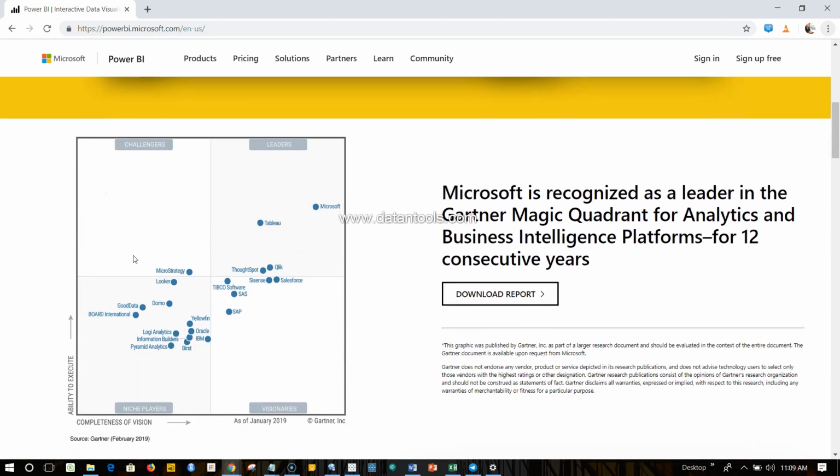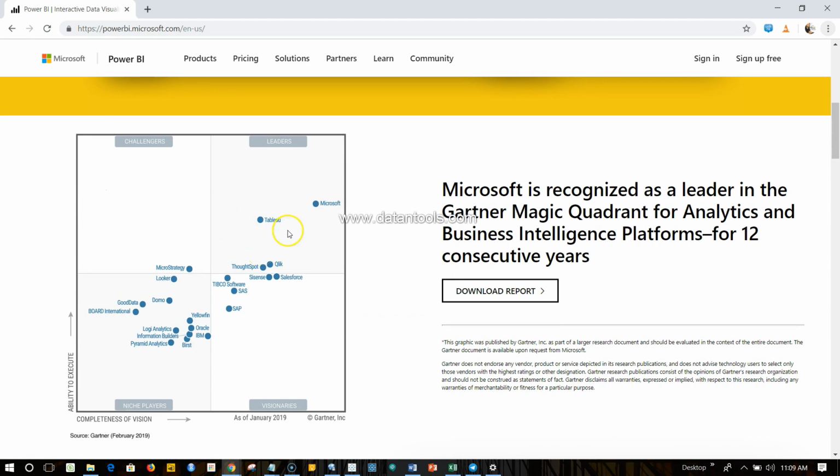This recent Gartner report, which Microsoft has published on its website, names Microsoft as a leader. I strongly believe that in earlier years it was Tableau who was leading this space, but this year, because Microsoft made a lot of enhancements to Power BI, there is a lot of adoption coming on the Power BI side from the various companies using it. It got this leading position in the Gartner report, and they are now obviously using it as a marketing point to say that we are now leading this space and leaving Tableau behind.